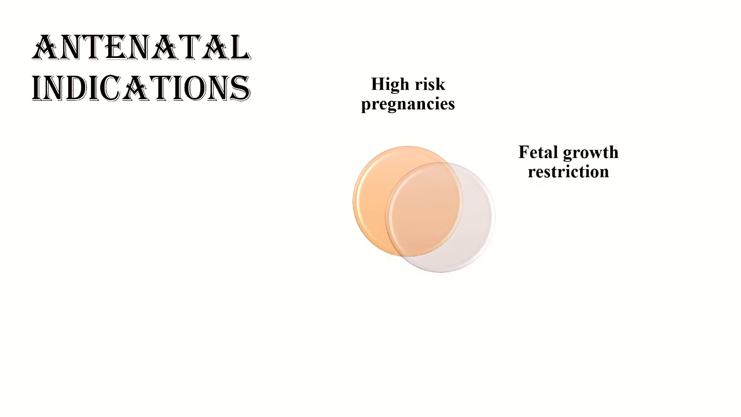In the antenatal indication, first comes the high-risk pregnancies. So any high-risk conditions such as preeclampsia, Rh incompatibility or gestational diabetes mellitus, any condition that can contribute towards fetal distress or can lead to a fetal death. So we can monitor CTG in all those cases. Next is fetal growth restriction, then